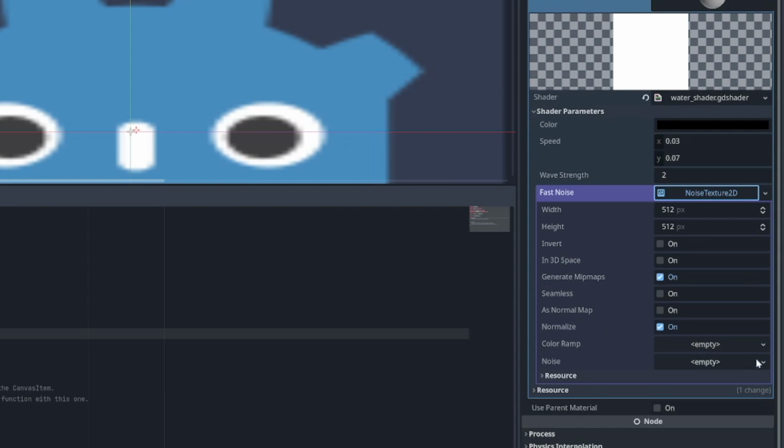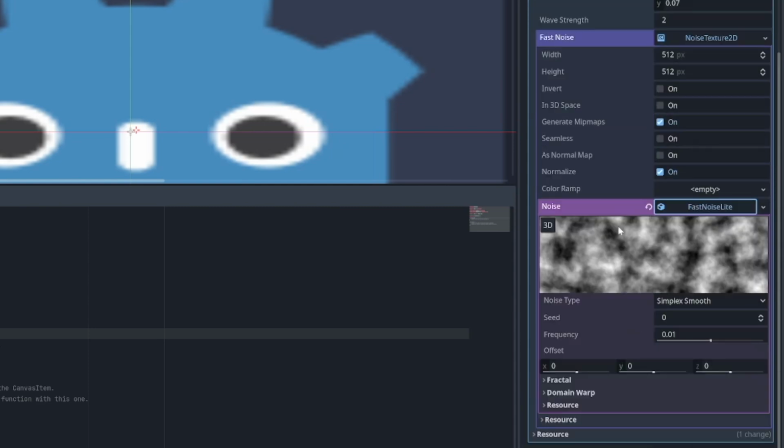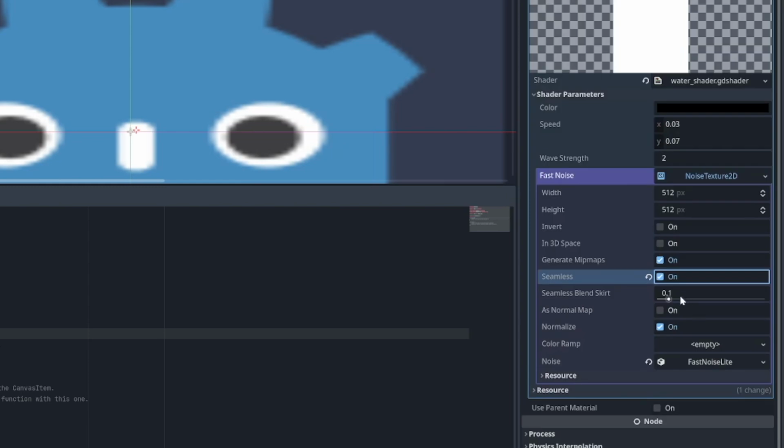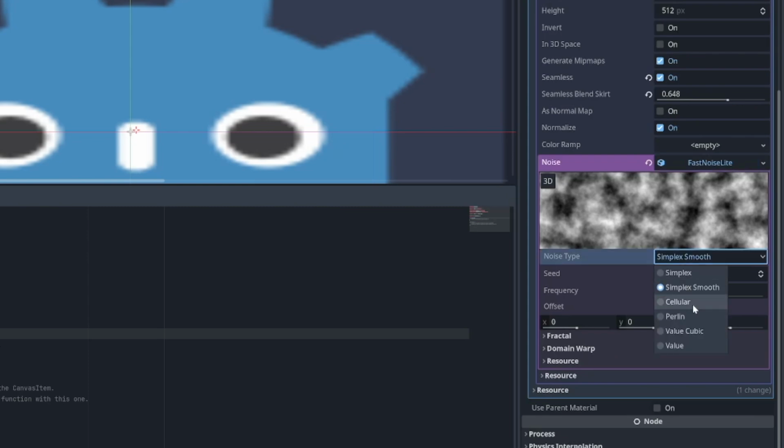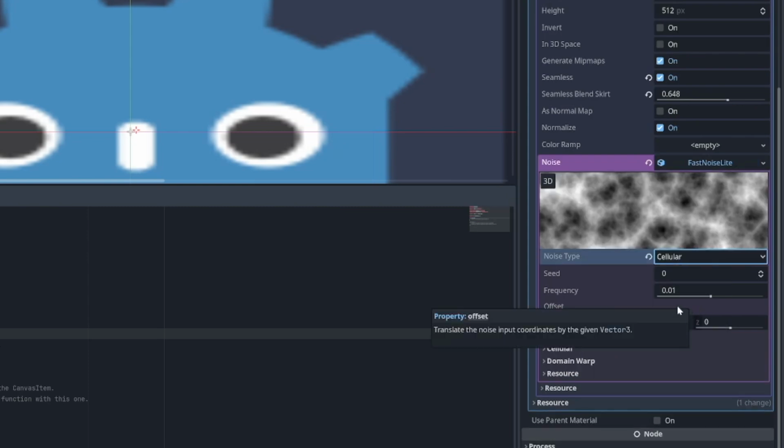So for this, we're going to want to, under Noise, create New Fast Noise Light. And this is going to give us this awesome little inspector window where we can define what our noise actually is. And a couple of things that are important here. We want to click Seamless, and then we can bring that up to 0.6 or so. And then we can click on Fast Noise. We want to select Cellular, and then